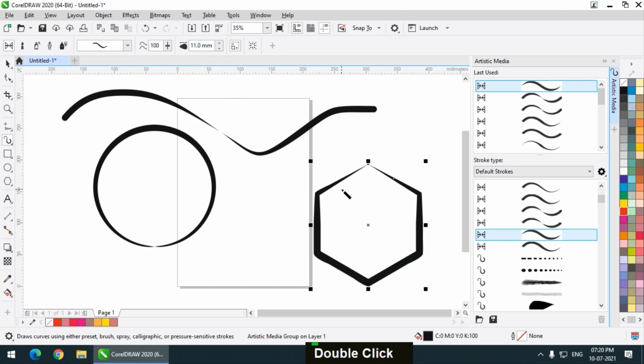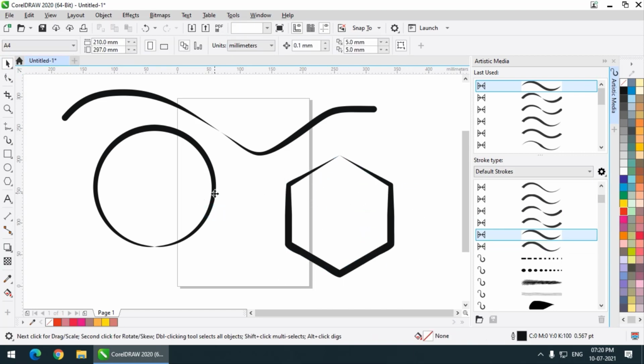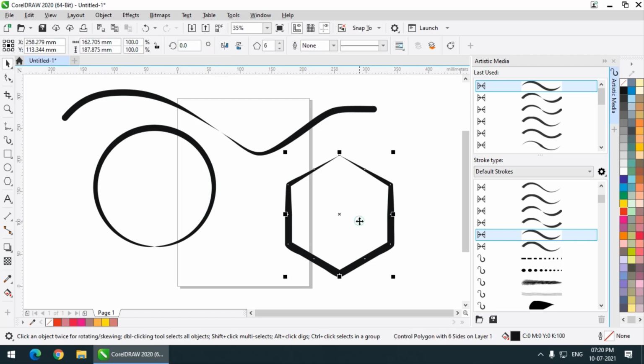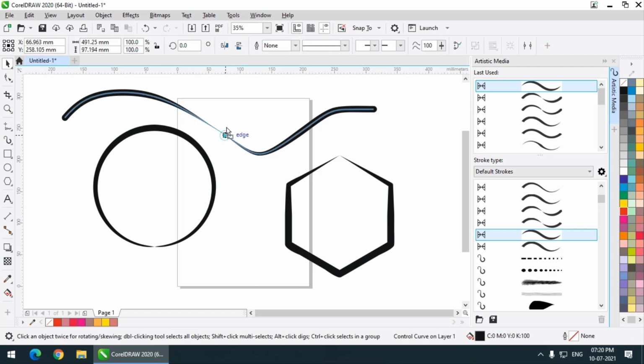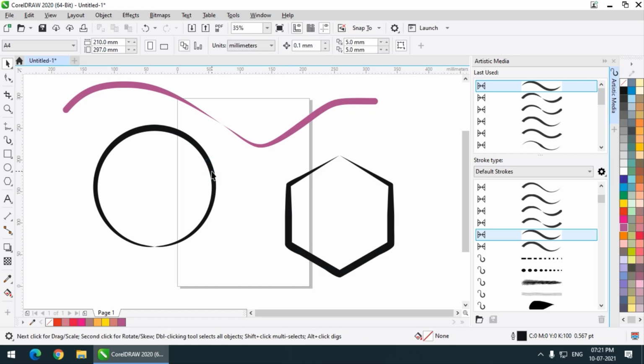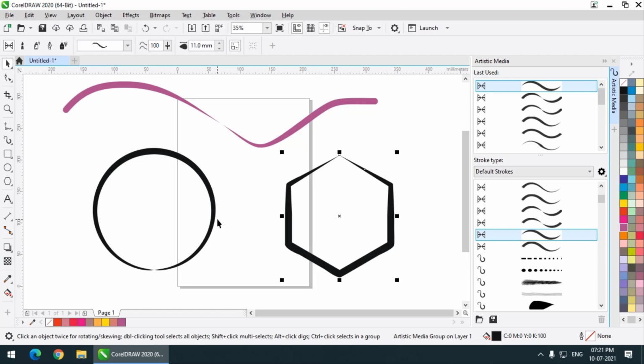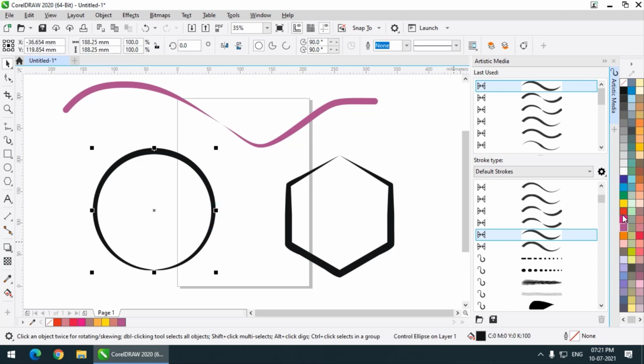So it is as per our requirement. Again, if I click, now see, these couple of shapes that we have drawn are closed paths, as compared with this one, which is an open path. Even if I left click on this one, the color of the object is changing. But this is a closed path, and this is also a closed path. So what will happen if I left click after selecting this one? The entire area will be filled with the color.